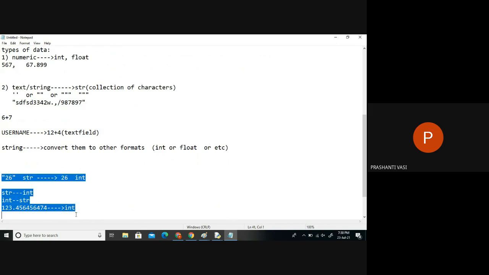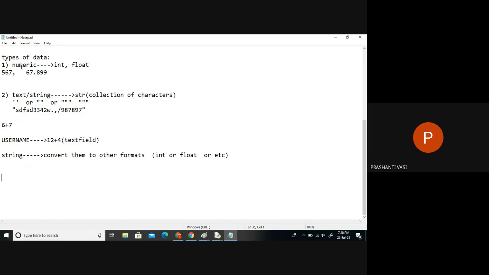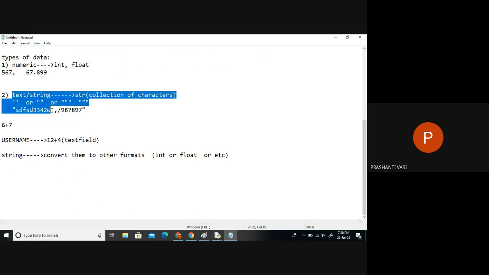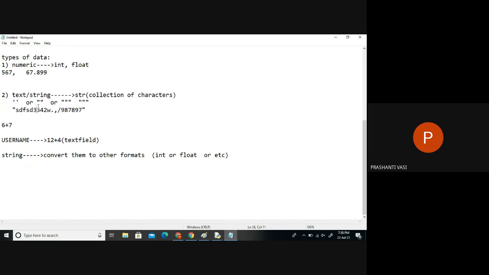So let us finish this. The second category of data is string type of data. And how do we present string information? Either in single quotations or double quotations or triple quotations, right? But numeric values are not mentioned in single or double quotes. They are directly mentioned, right? Is that clear till here? Any confusion? Yes, clear.